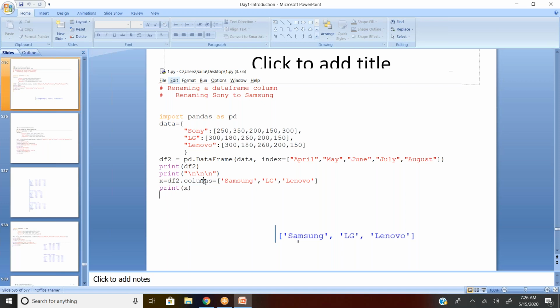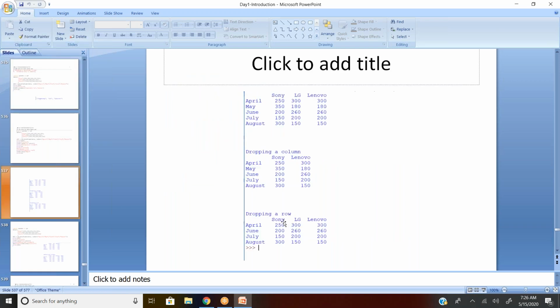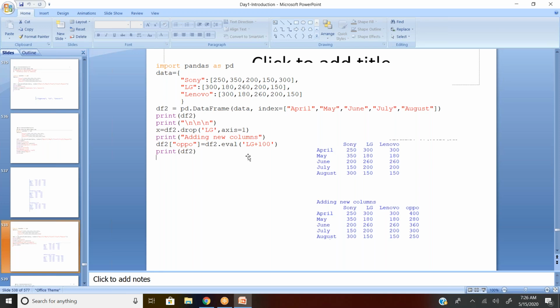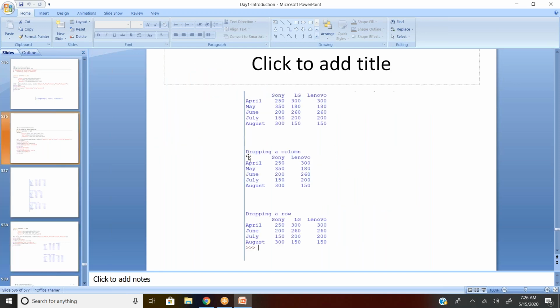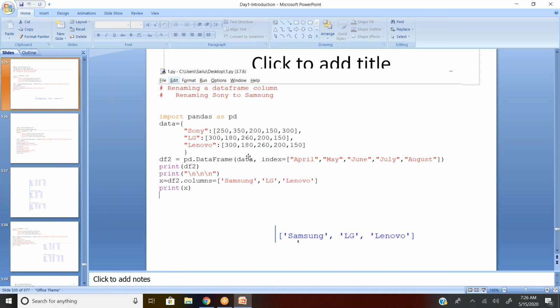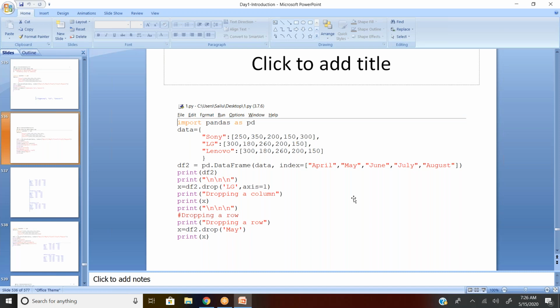So the system understands it is going to be column names equal to Samsung, LG and Lenovo. Earlier it was Sony, LG and Lenovo. Now I'm changing Sony into Samsung. So the system automatically changes the column names to Samsung, LG and Lenovo from Sony. Any questions?